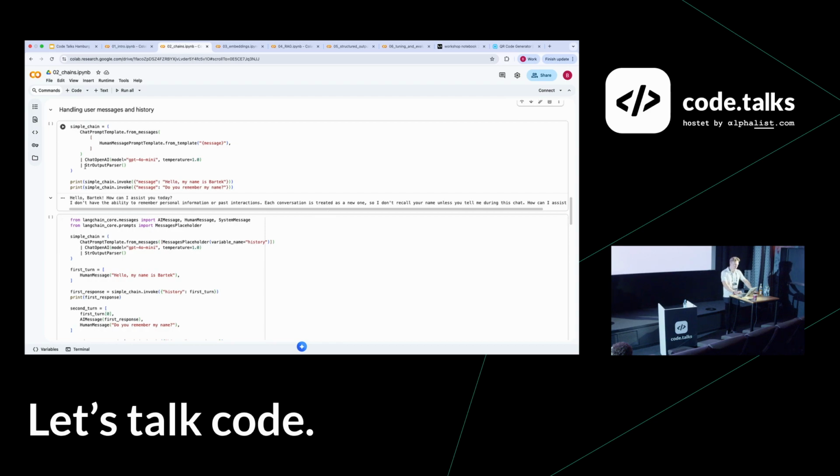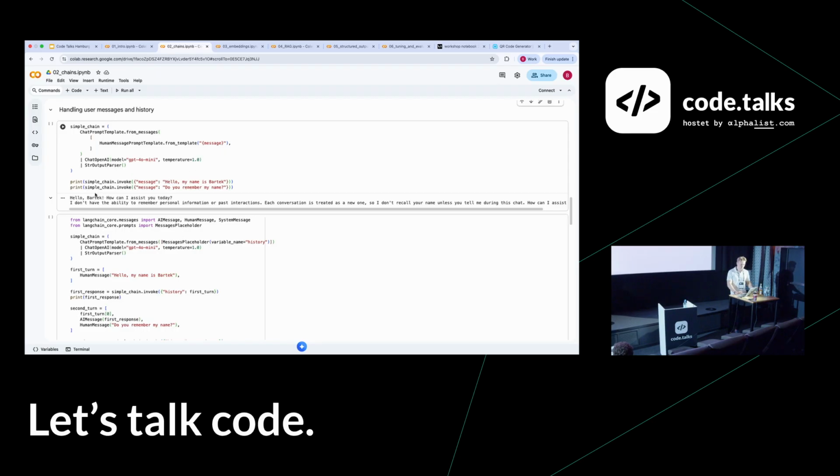And we can do it using this LangChain Expression Language and all of those blocks. And here we have a simple chain that